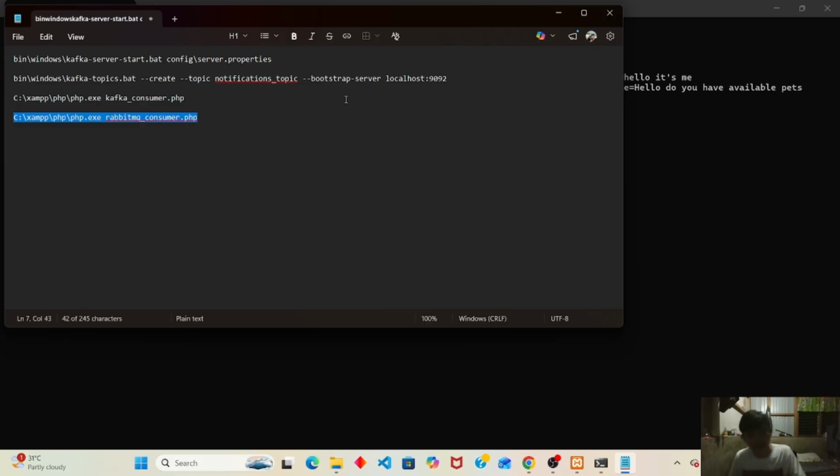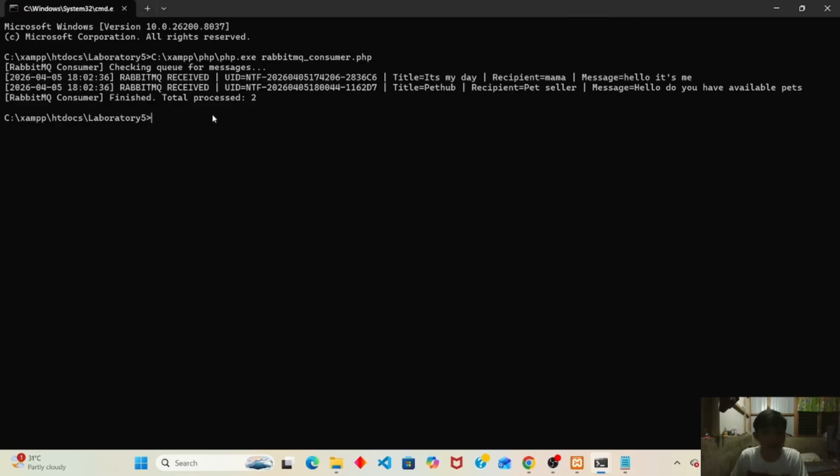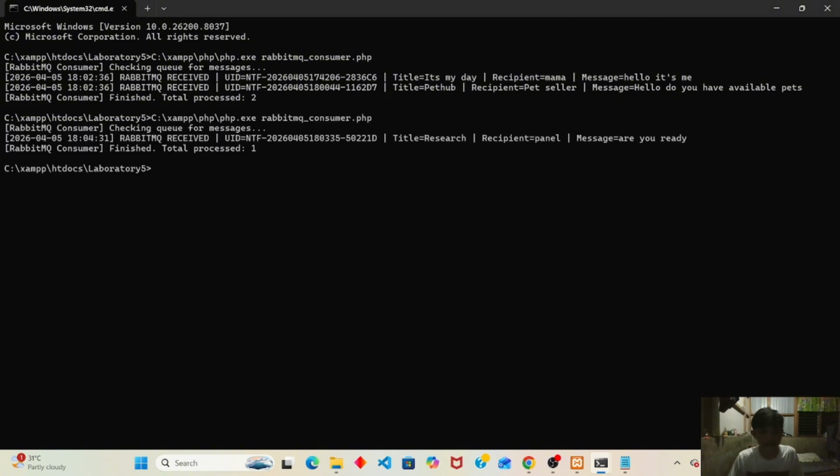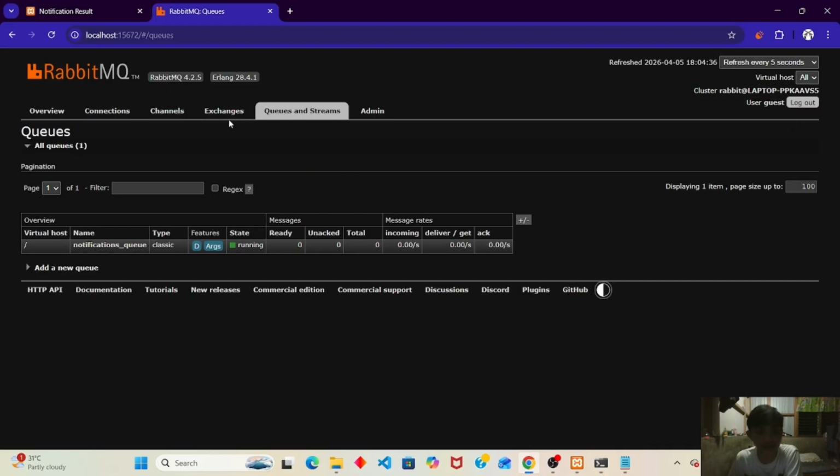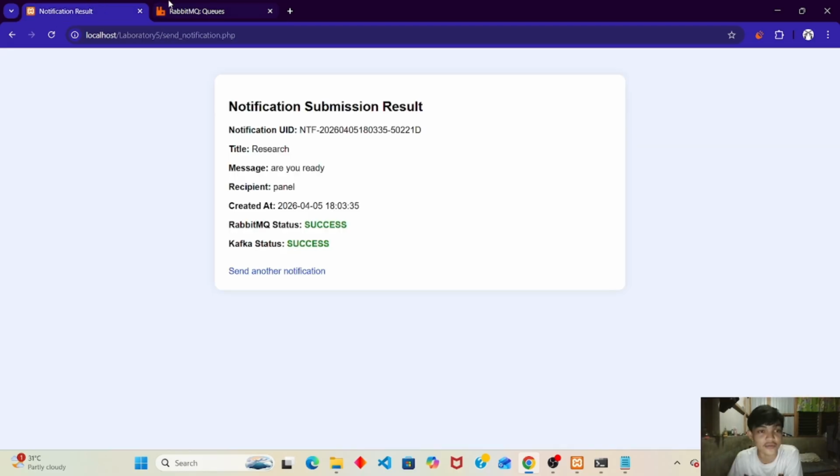Okay? So copy it and enter this. See? If you enter the code, it will go here. And the message broker in Chrome, it's gone. See? So that's the difference between the two.